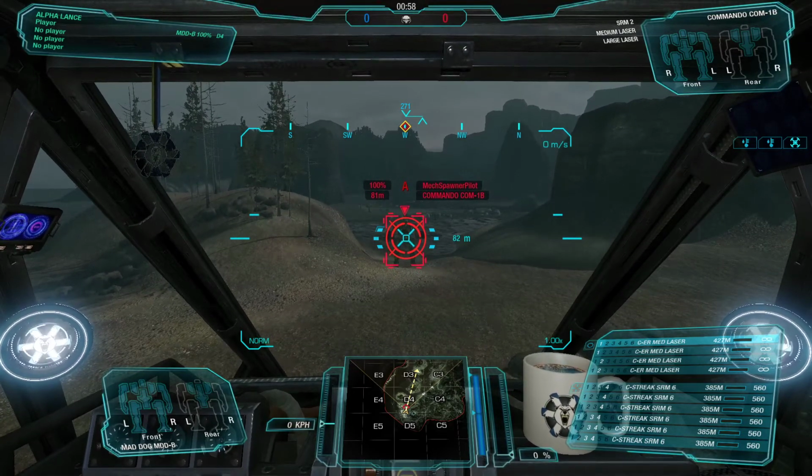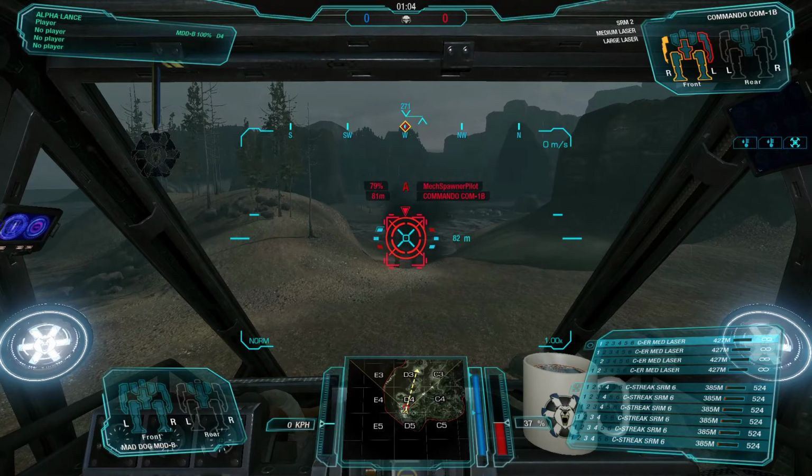I'm going to throw 36 streaks at it right now. Now, every time you do this, it's random. It's weighted random, but it's still random. You're never going to quite get the exact same results with each volley. That said,